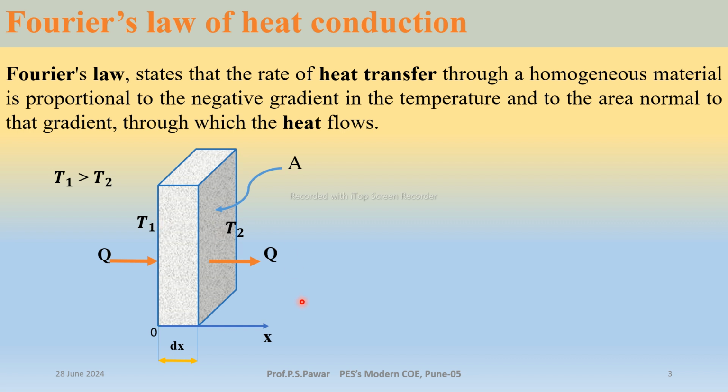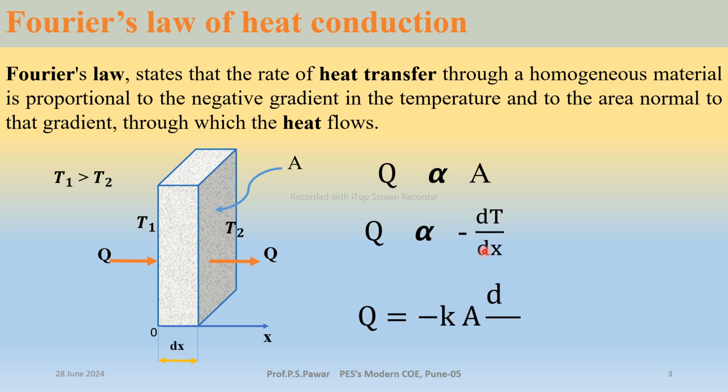Now what does Fourier's law state? The heat transfer Q is proportional to the area A and the temperature difference, divided by the thickness of that plane wall, which is nothing but the temperature gradient. So Q is directly proportional to area as well as directly proportional to the negative temperature gradient. The equation can be derived from this as Q is equal to minus K dT by dx, where K